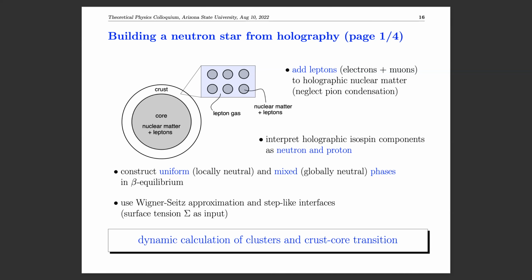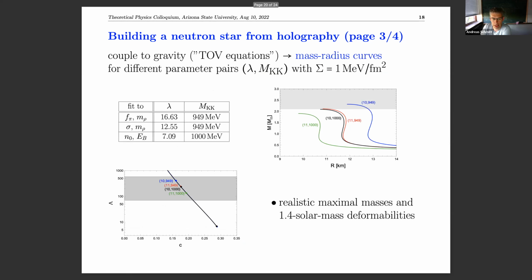I have a question. Thank you very much for a good talk. I'd like to know how your model predicts, if at all, have you given consideration to things like tidal deformabilities and neutron star mergers with your model? Well, the tidal deformability I did calculate, right? Does your model even have predictions for tidal deformabilities during these mergers? Because you have a nice model with the crust and the core.